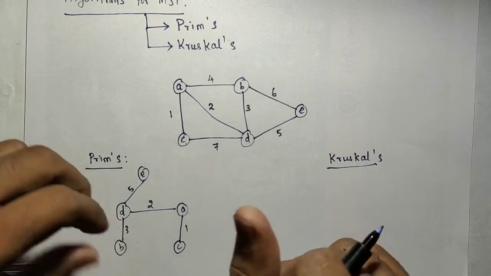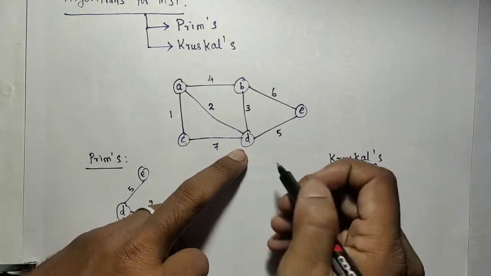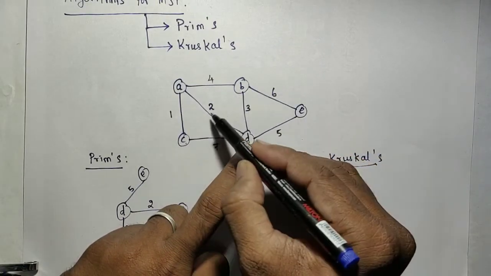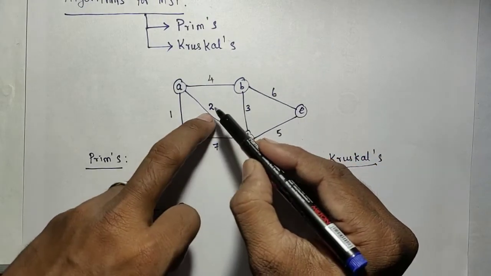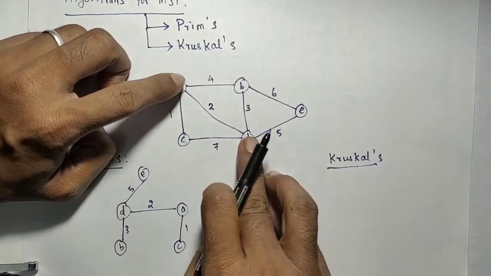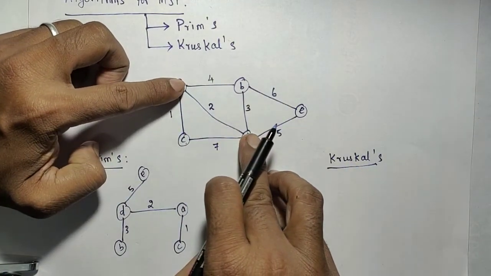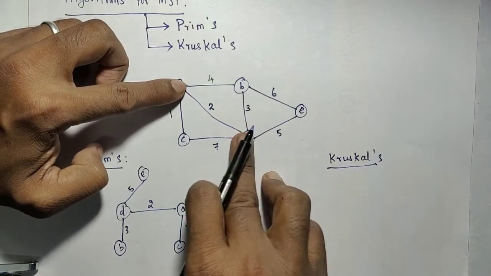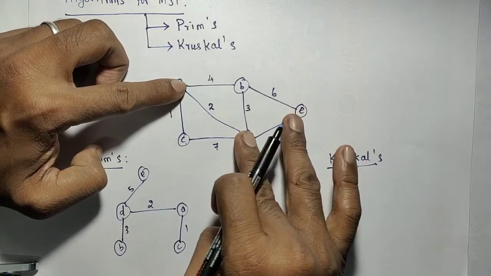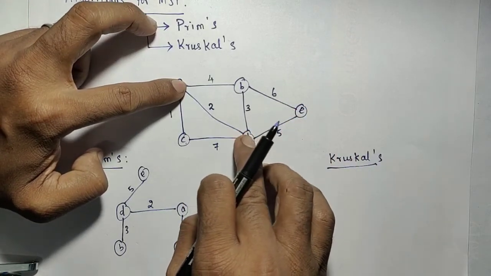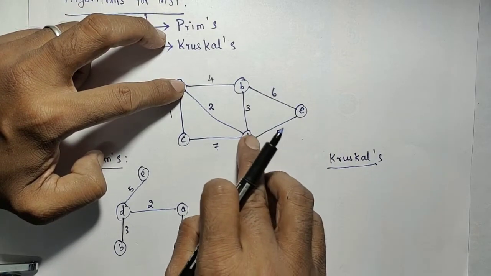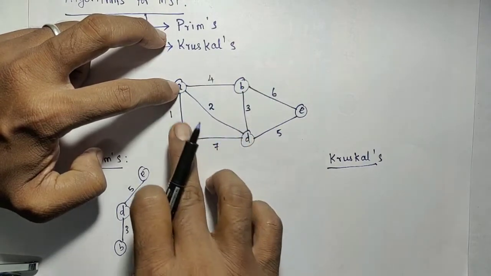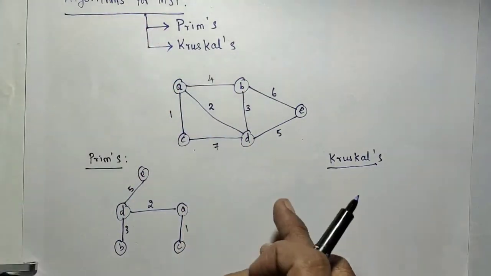Otherwise, how can you proceed? From D, take all the edges to the other vertices, and from those you choose the least, and from A and D as well. What are the edges to other nodes, except A and D? D is connected with E by 5, and D is connected with B. So I need to consider 5, 3 and then 4, where 4 is A to B, and then 7, 1. Like that we have to consider.